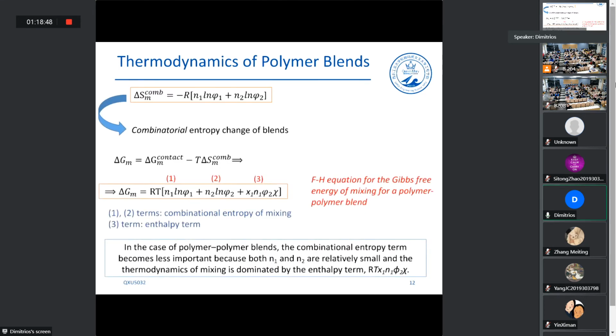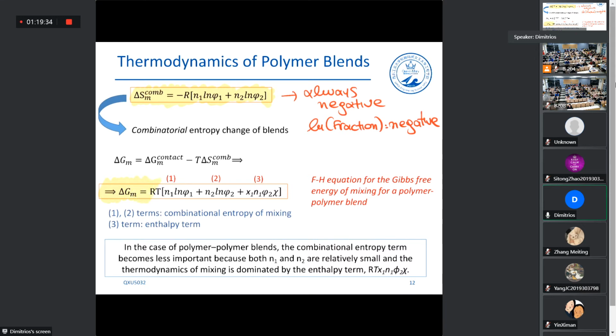So the combinatorial entropy of the blends is given by this equation. Again, I tell you, I don't want you to remember that. This is always negative, because phi1 and phi2 are less than 1, and we know that the logarithm of a fraction is a negative value. The only thing I want you to remember, though,